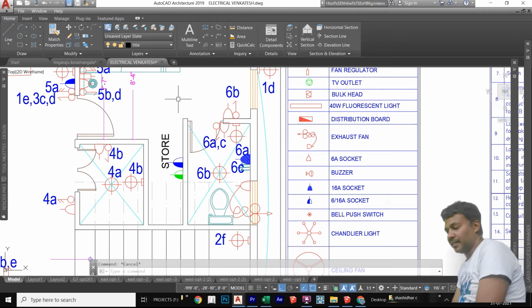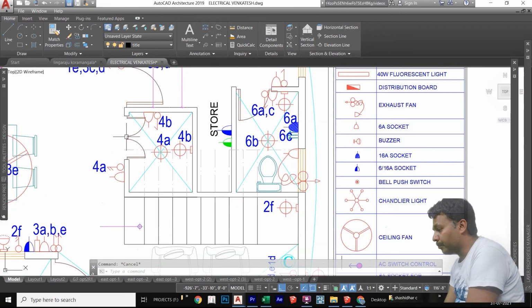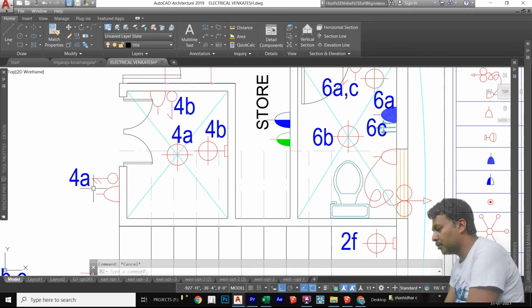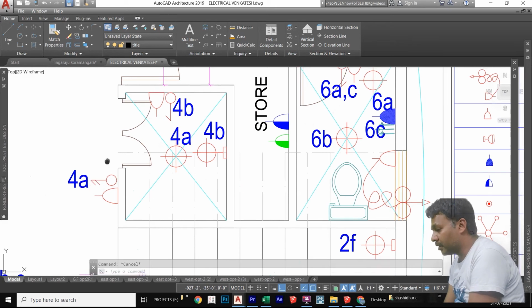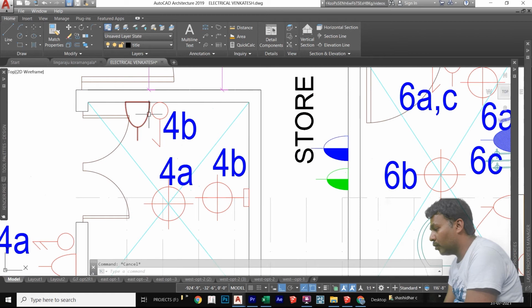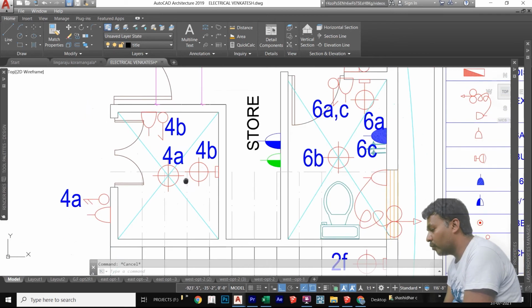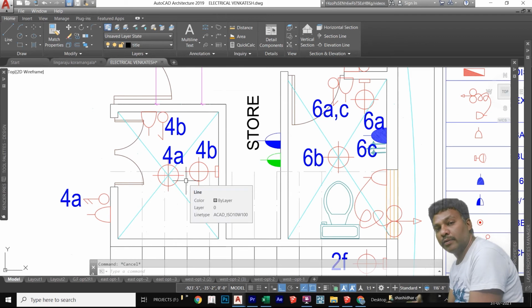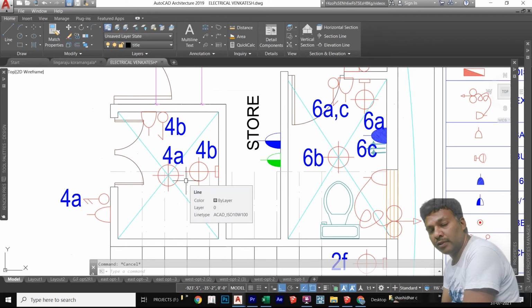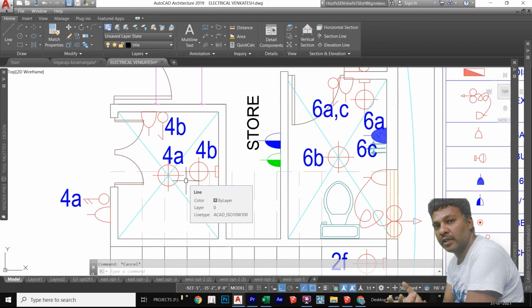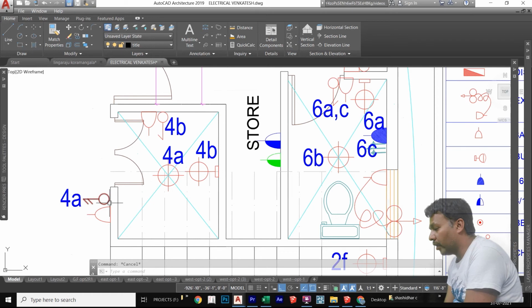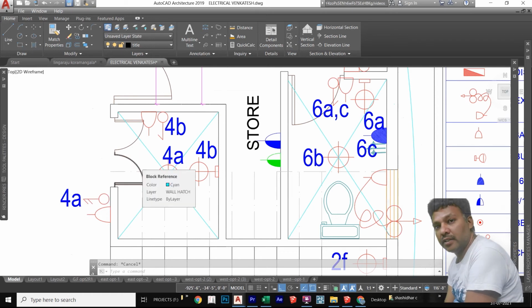Okay, now the puja room. Outside the puja room we gave the two-way point. You can switch off and switch on, and one 5 amp socket we gave in the puja room, and one wall point also given. Some people want it in the puja room on the wall only, some people in the ceiling only. That's the reason we gave 2 light points in the puja room, and the control is given one outside and one inside.